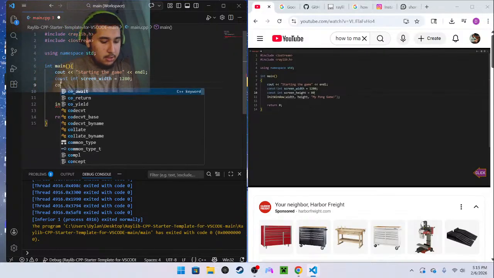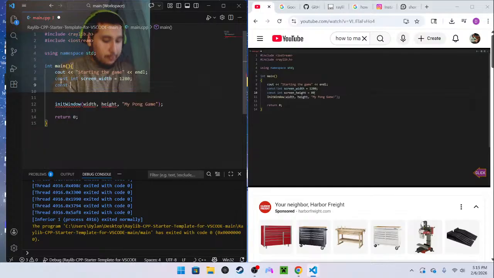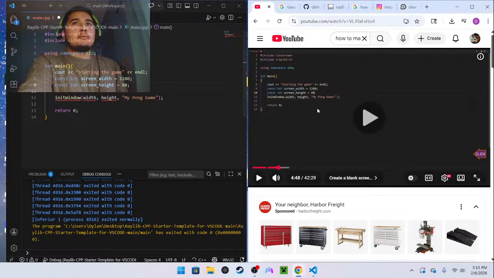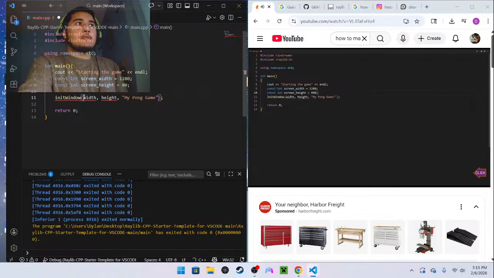Alright, and then another constant integer, screen height, 800. Alright, we got two of those. With the const keyword, we declare these variables as constant because we won't change their values.